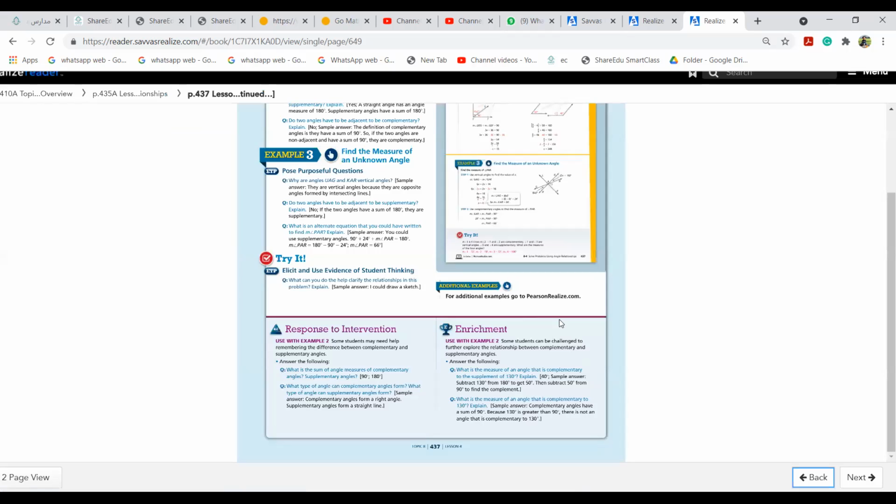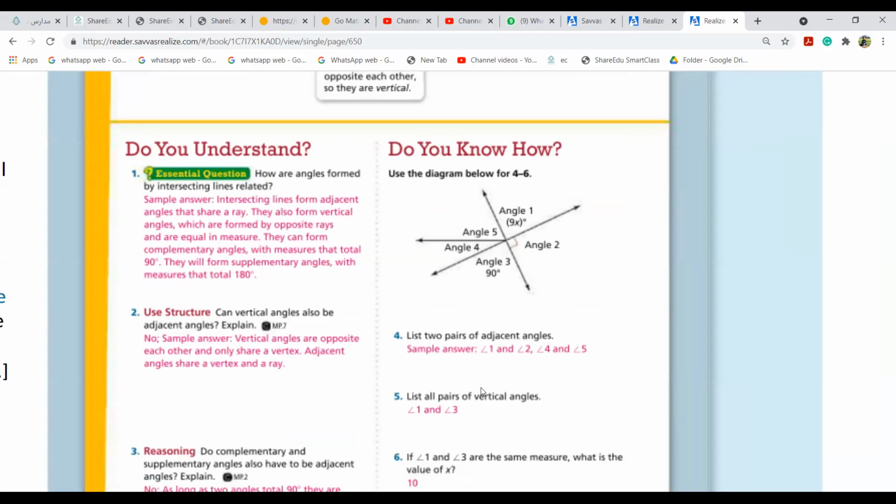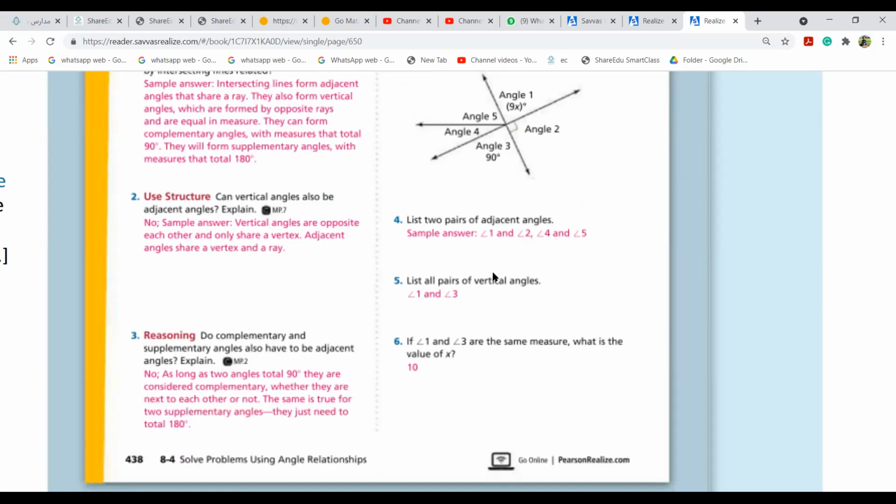This picture, girls, what we did yesterday. Again, what are opposite angles? Angle 1, be very careful, girls. Angle 1 and angle 3 are opposite, vertical angles. Opposite to each other, they are called vertical angles. Remember, angle 1 and angle 5, no, they're not vertical angles. Angle 1 and angle 2, no. Angle 1 and angle 3 are vertical angles. Be very clear with this. 1 and 2, which are side by side, are called adjacent. 3, 4 and 5 here, they are adjacent. 1 and 2, they are called adjacent. But when I'm talking about 1 and 3, they are vertical angles.